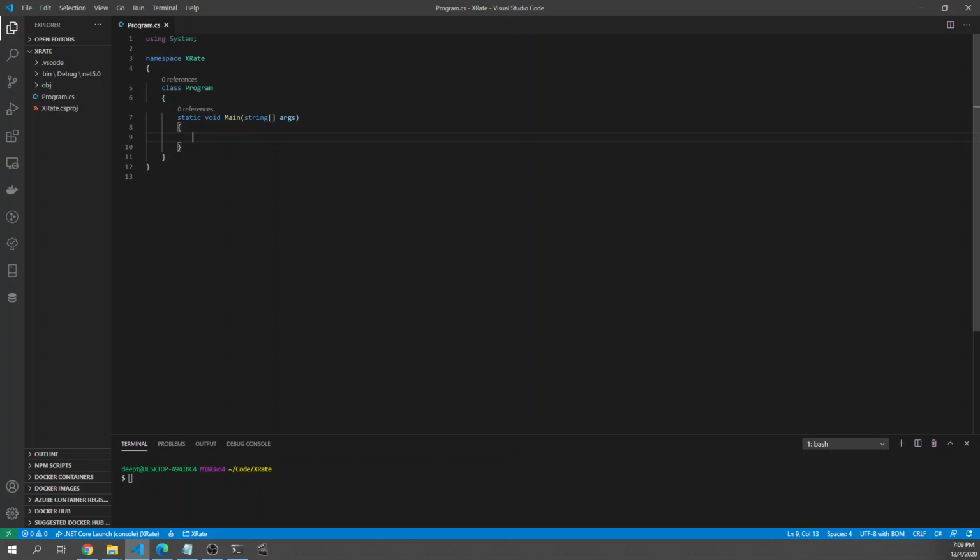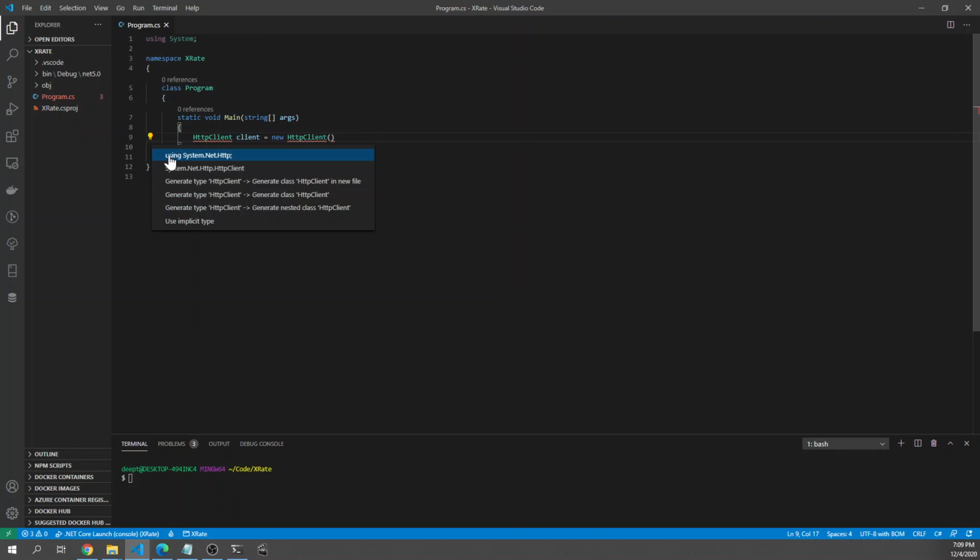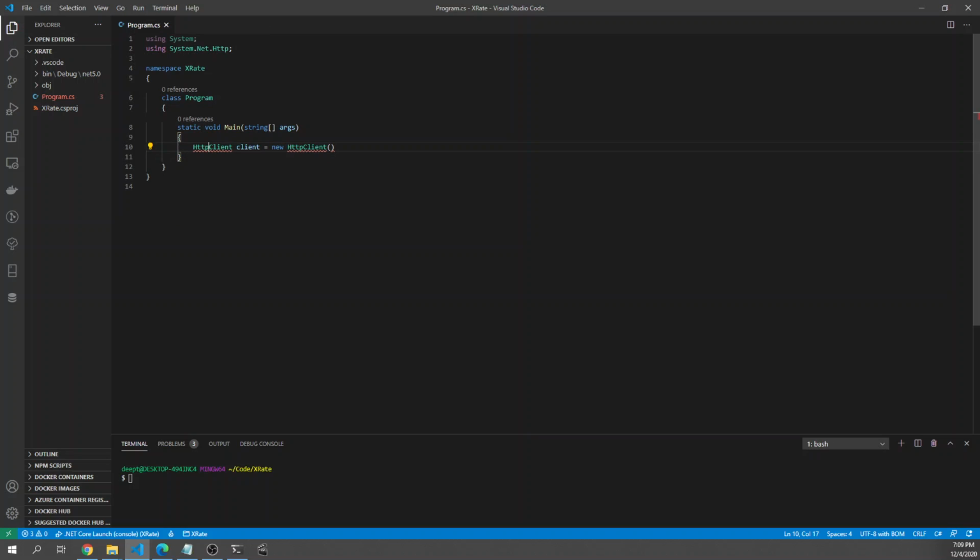To make an API call, you need something called HTTP client. So we're going to create HTTP client. Client equal to new HttpClient. Okay, so I haven't imported the namespace yet, so this is under System.Net.Http, and I have the client